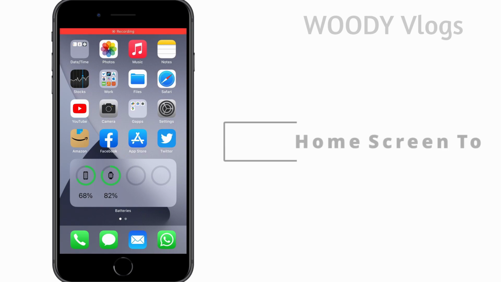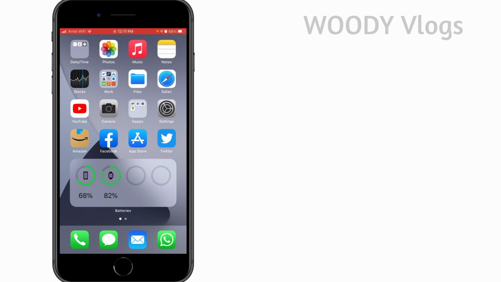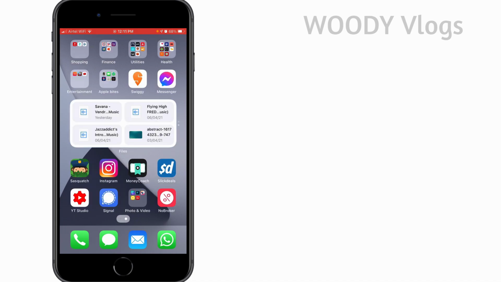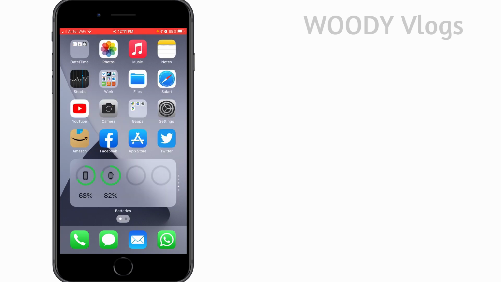Another nifty feature that Apple introduced when they introduced the widgets on home screen feature is the option to toggle between the home screens. If you have more than 3 to 4 home screens, and you simply want to see what is there on each screen, you can just touch on these 2 dots at the bottom, and you can simply move right to left so that you can just see what is there in the home screen. So this is a really good feature for people who have more home screens on their phone.